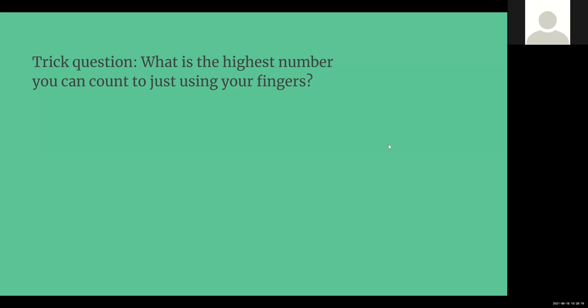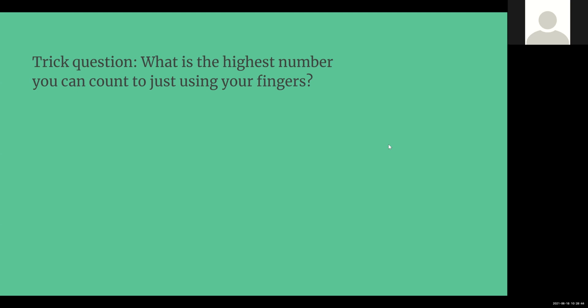So this would be 2 to the power of 9's place, 2 to the power of 8, 2 to the power of 7, 2 to the power of 6, 2 to the power of 5, 2 to the power of 4, 2 to the power of 3, 2 to the power of 2, 2 to the power of 1, and 2 to the power of 0. So basically when you put your finger up, it would mean that the value is a 1, but if you put your finger down, that would mean that the value is a 0, right? So if you have all your fingers,